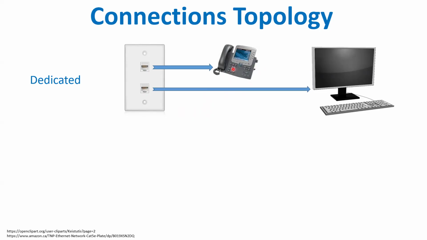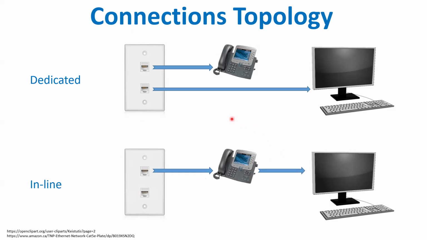So the product. This is not very convenient, because if you have a bunch of offices with only one Ethernet connection, then you're going to need to run more wires to the office. And if it's a huge office, then it becomes a big job. So the phone people who produce the phone, they come up with a solution. You can have 2 jacks on the phone, and you can go into the phone and then out of the phone to the PC. Just put the phone in line with the PC.